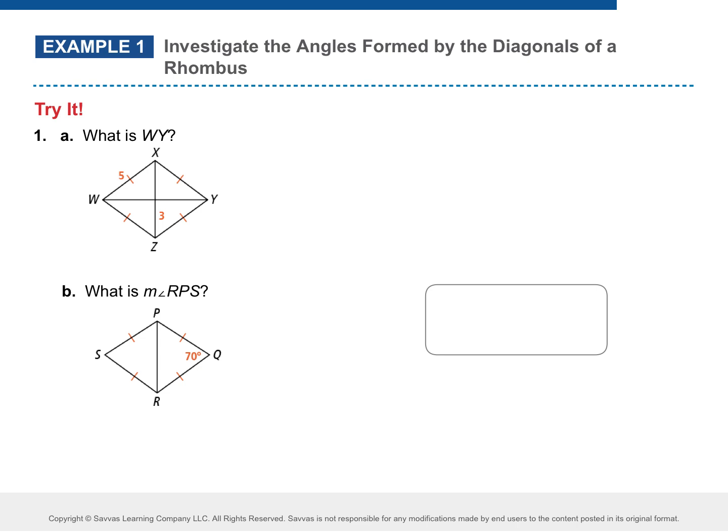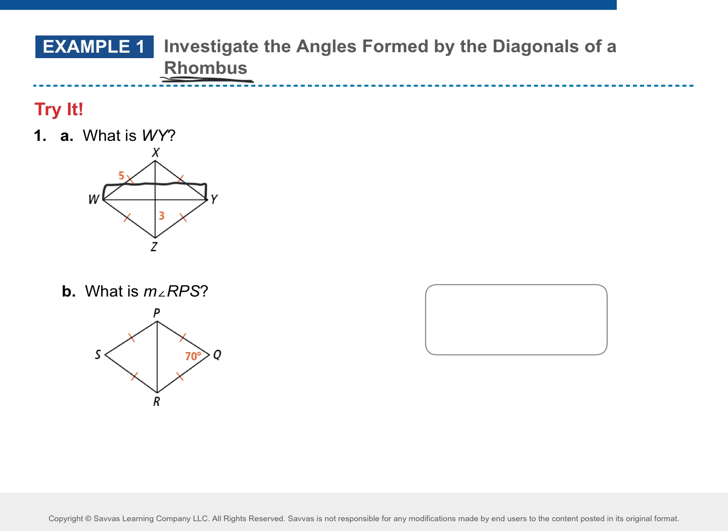Looking at example 1A, it's also going to tell you what kind of shape it is. So here it's a rhombus, so we can assume all the properties that I just gave you. It wants to know the length of WY. Do I have enough information to answer WY? Why not? Some people would say, well, if this is 3, this is 3. No, because we don't know what the